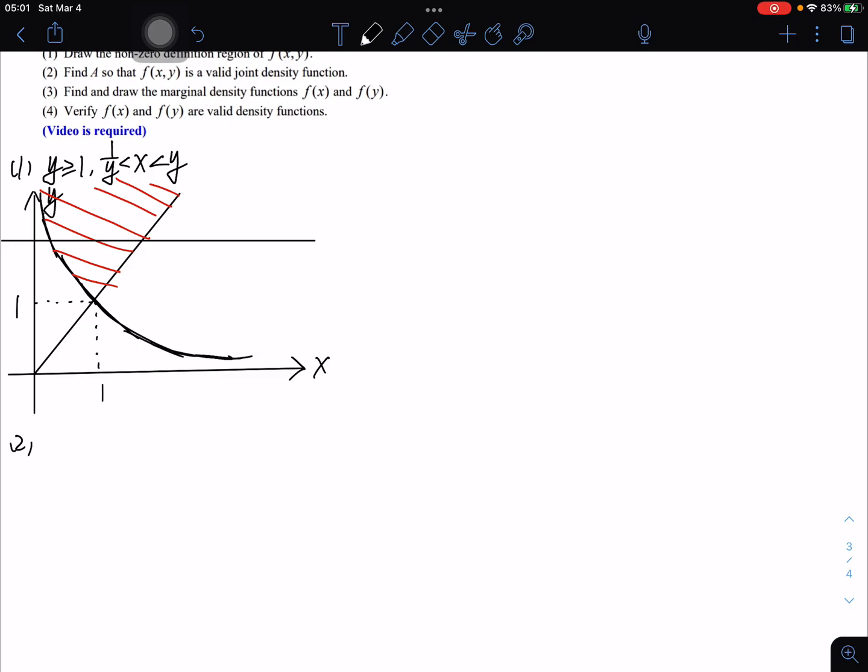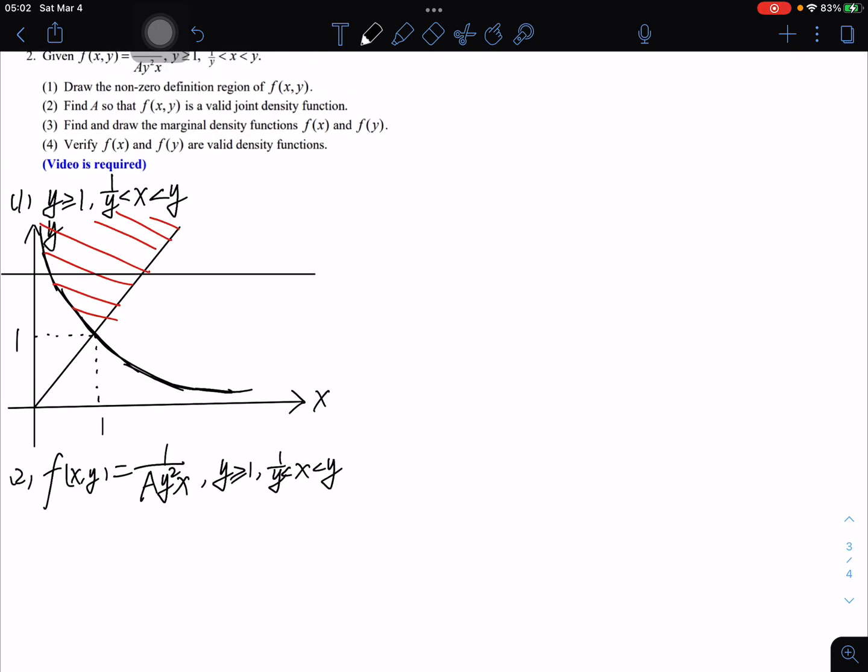Okay, since we know that f(x,y) equals a y squared for x greater than 1 and y greater than x, we can get that the double integral from 1 to infinity of a y squared, dx dy